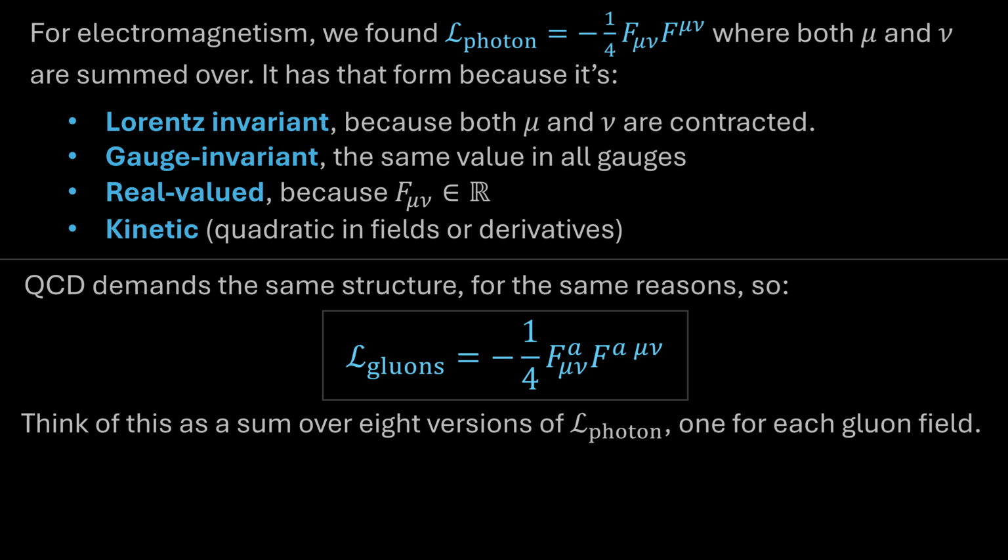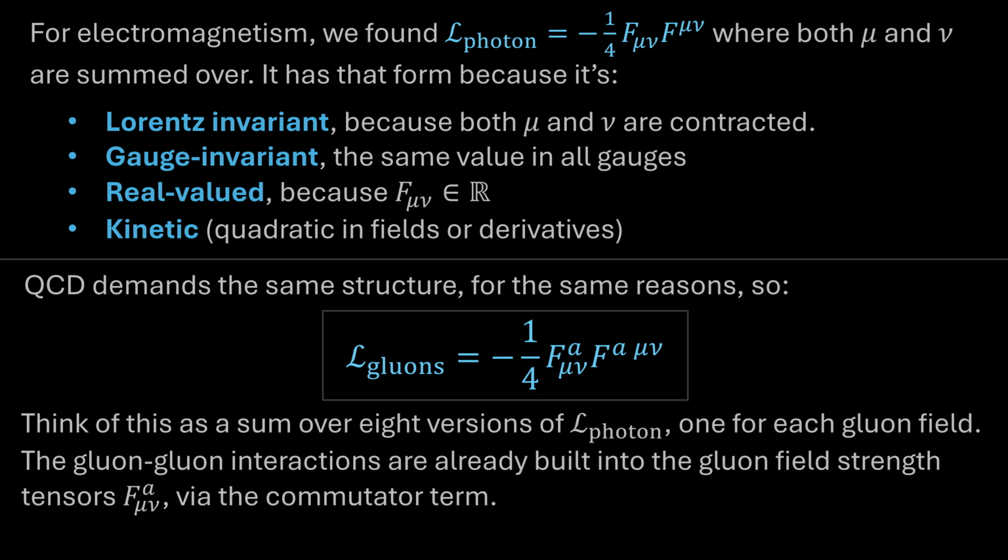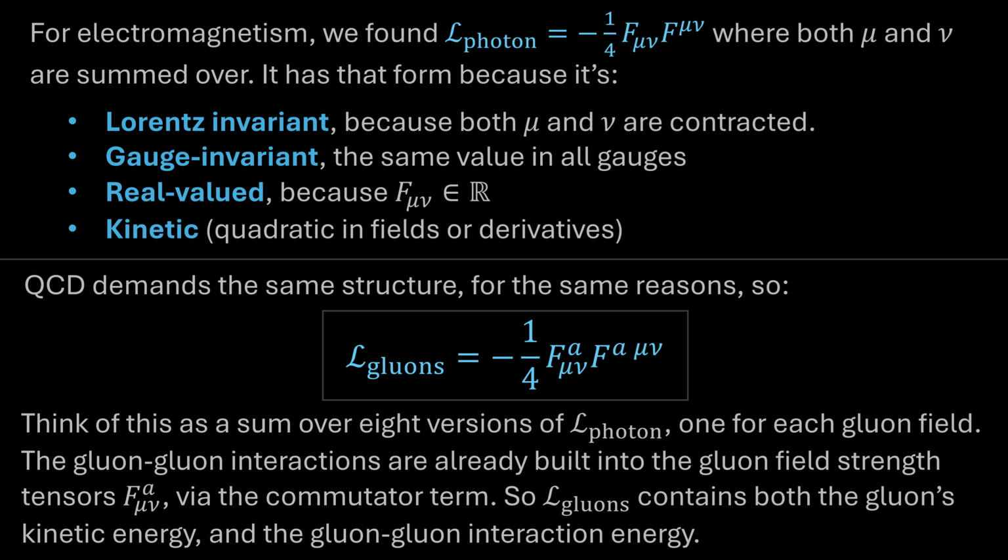And the answer to that question is that actually, no, it's all good, because remember that baked into the definition of the field strength tensor for QCD and for any non-abelian gauge theory is that commutator term that already captures the interactions of the gauge field with itself. So the differences between an abelian gauge theory and a non-abelian gauge theory regarding the field strength tensor and the Lagrangian term, all the gauge field self-interactions are already baked into the definition of the field strength tensor. And remember, they have to be, because as we derived in the last video, you need the 6 more ways in combination with the 6 ways in order to end up with a field strength tensor which transforms correctly from one gauge to another.